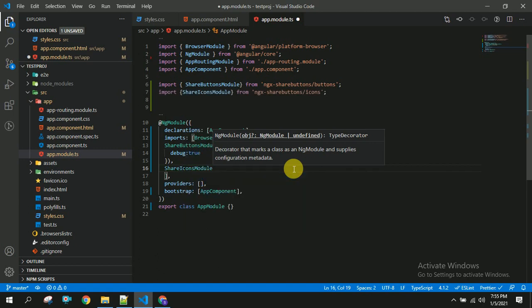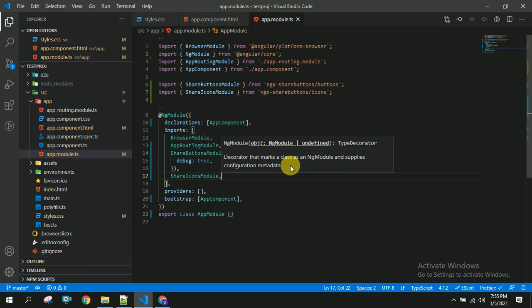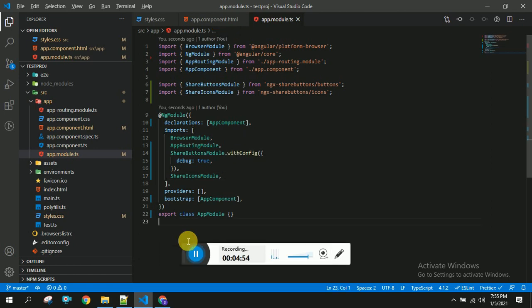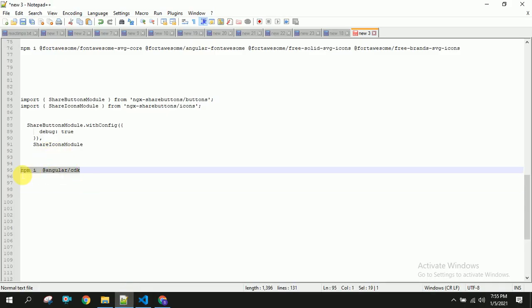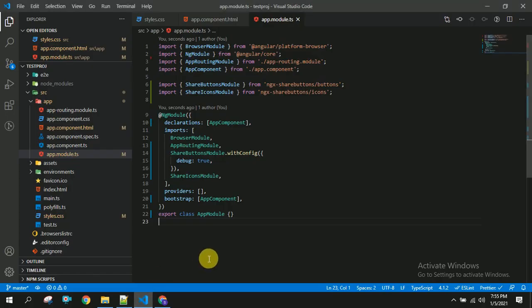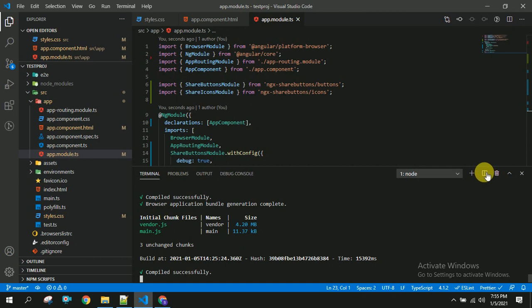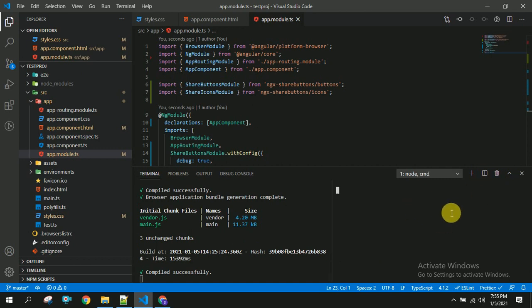So that's it, and you have to install another thing called Angular CDK here. So I'm going to copy this command: npm install @angular/cdk. Sometimes it will work without installing this as well, but it's better to install this.